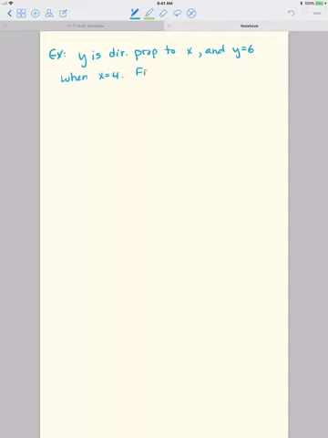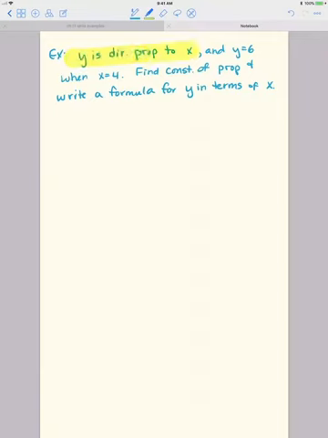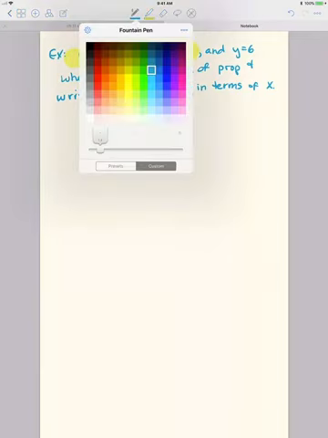So find the constant of proportionality and write a formula for y in terms of x. Okay, so we'll start with that. So y is directly proportional to x translates into